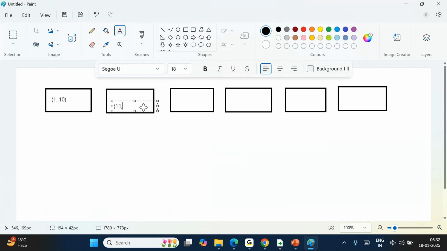Here you have 11 to 20 records, 21 to 30, 31 to 40, 41 to 50, 51 to 60. Okay, team? Is it clear to all of you? Now when you have data like this, team,